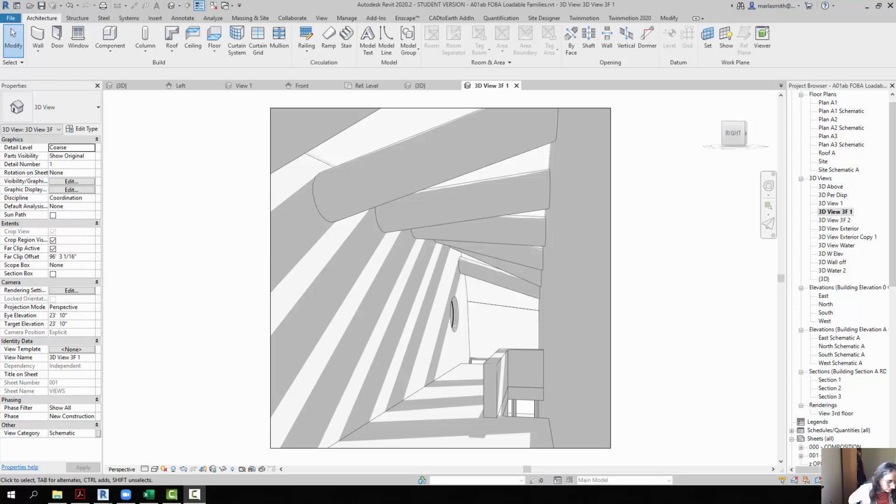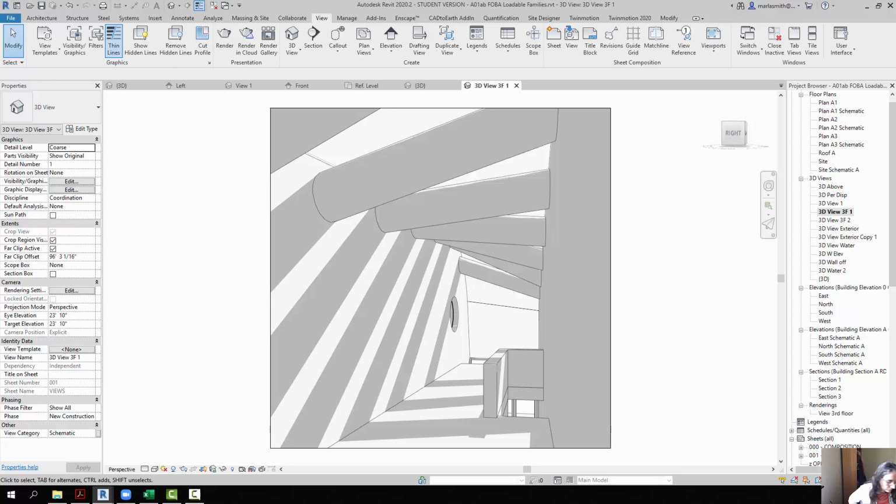Alright, this is just a quick Revit rendering to the cloud. I did it still before, and I'm just going to go to my view. I've already set up my view and everything, and we're just going to render to the cloud. So you have to be logged into your Autodesk account to do this, but you just come to the render,